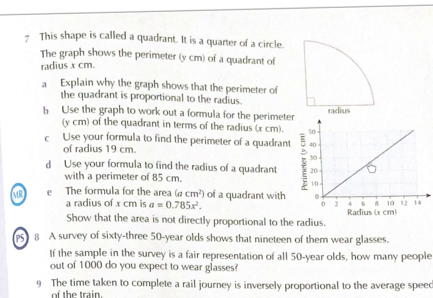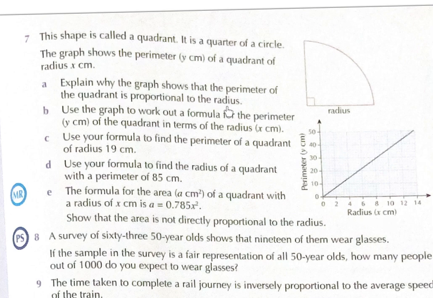Straight line passing through the origin and goes up. So this is direct proportion. Direct proportion is represented by a straight line passing through the origin and goes up. Understood? So explain why the graph shows that the perimeter, this is the perimeter and this is the radius,